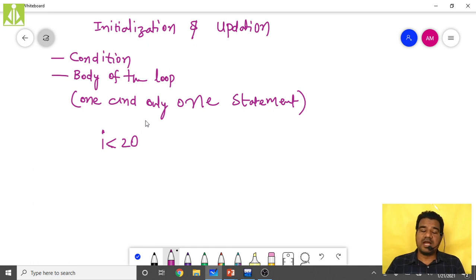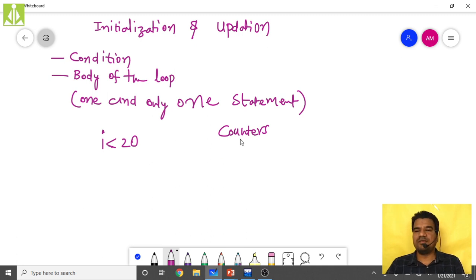Yeah, it is very difficult for the compiler or for the programmer itself to guess the value of that I. So that is the reason why we do initialization. All the variables which participate in the condition framing of a loop, we call them counters. Counters for the loop. Remember this terminology, it is very, very important. Counters are nothing but the variables involved in the condition framing for a loop.